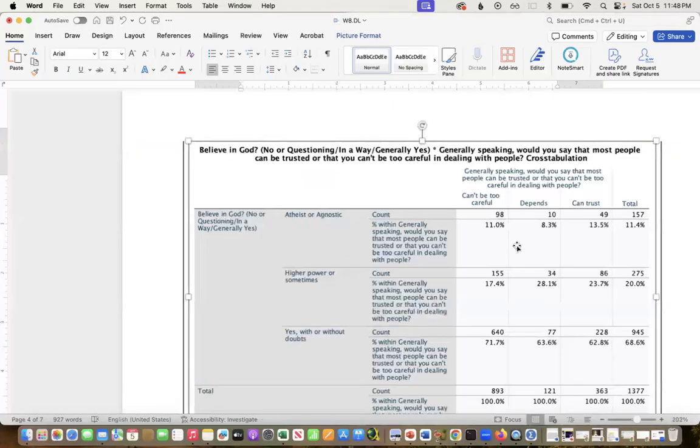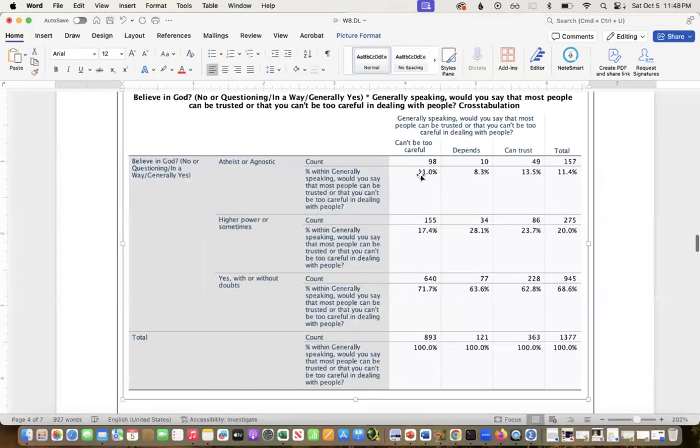So this is my crosstab. And again, when I'm looking at this, I'm going to look across. And I'm looking at these percentages. If you notice the totals here, right, there are 893 people who said can't be too careful. So even though it might look like more people said can't be too careful in this row than these others, right? That is true, that it was more people, but it's actually a smaller percentage out of this column, right? And so we want to make sure we're comparing the column percentages and not these counts. Okay, so